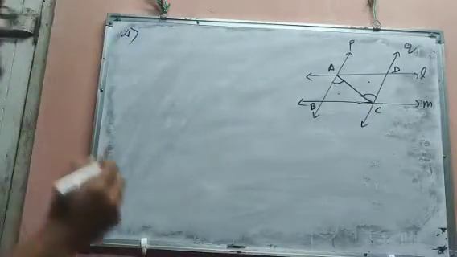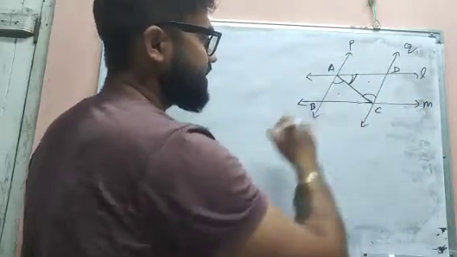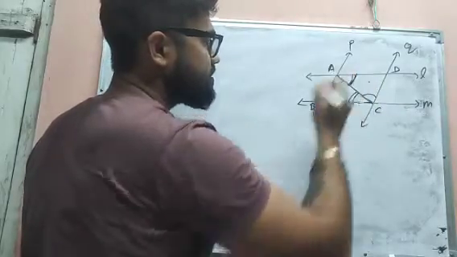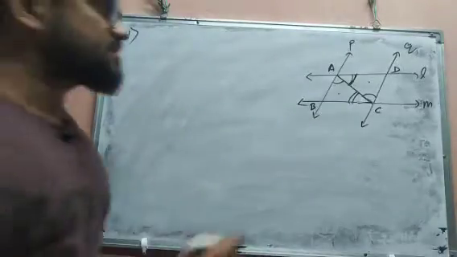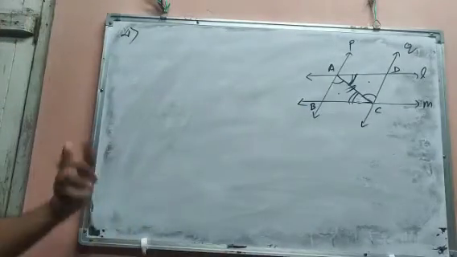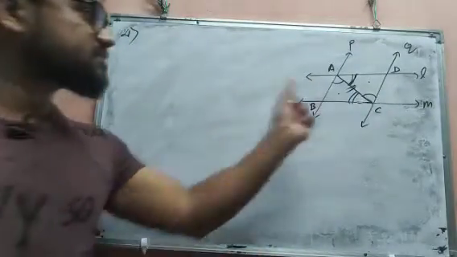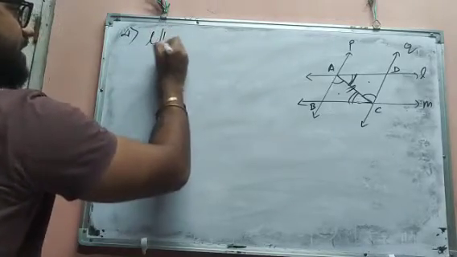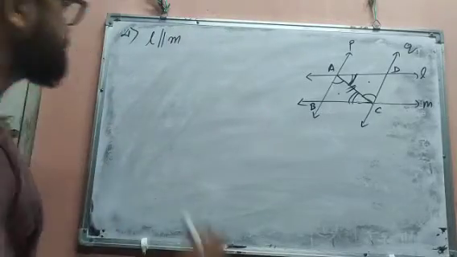Then also you can say, if you consider now L parallel to M and AC as a transversal, then that angle and moreover this angle, these two angles are also equal. Because these two are also alternate interior angles. And lastly we have AC. AC is the common side to both triangles. That means according to angle side angle, these two triangles are congruent. Okay. So first you have to take L parallel to M. Before starting this, you have to consider one thing.